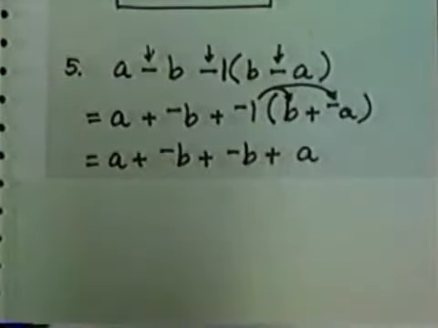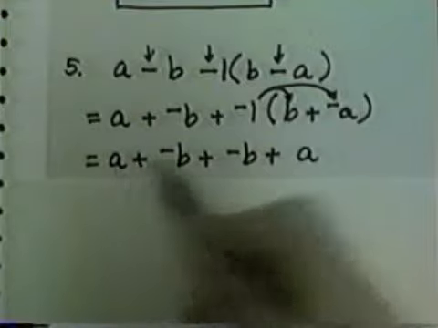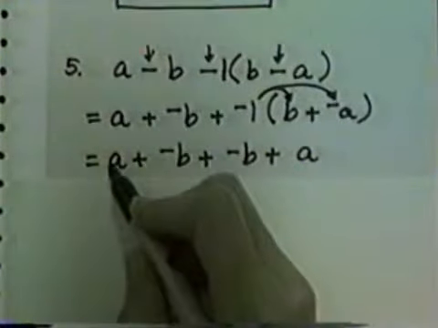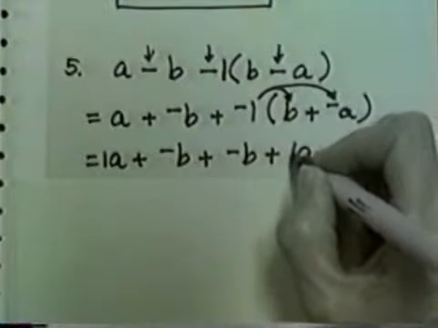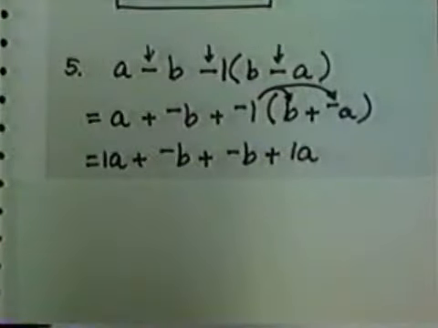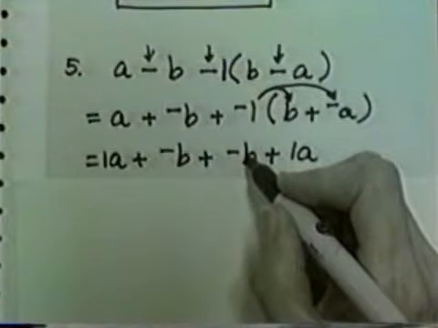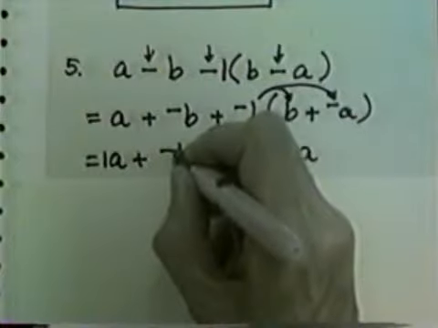Everything is now added. To add expressions of this sort, we find the like terms so they can be combined. Adding A plus A gives us 2A because each of these has an understood coefficient of 1. 1A plus 1A gives us 2A. Likewise, adding the opposite of B plus the opposite of B will give us the opposite of 2B because there's an